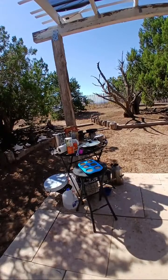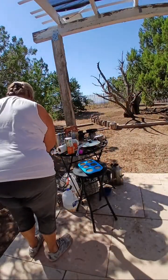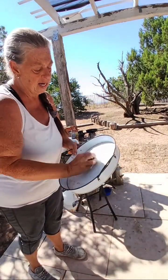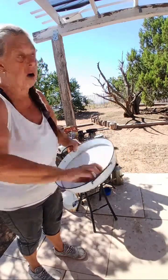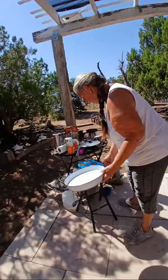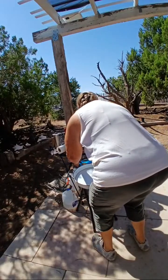Because I can't think of a... Wait. Can I slide it on this? See, this is what happens when I start doing something on Sunday morning and I know I have a live feed coming up. All right, let me wipe this tray off. If I can carefully not spill the tallow... I should have done this before I poured the tallow. If I can carefully get this into this tray,